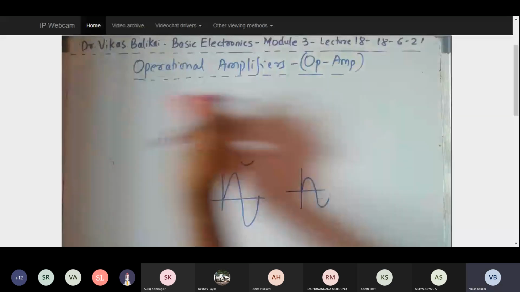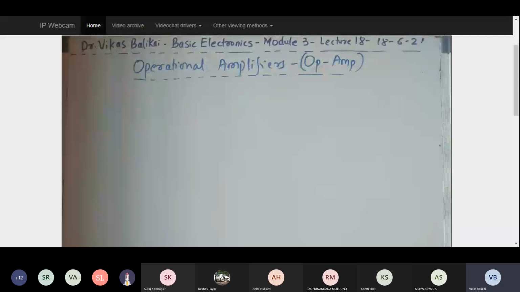Down the line in your lecture series, you'll understand the different applications, and how I use these op amps in performing addition, subtraction, integration and differentiation, in the subsequent classes. But before that, when I say operational amplifiers, what components are present inside them, or what is an operational amplifier made up of?